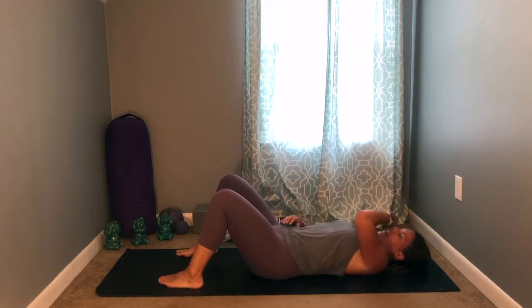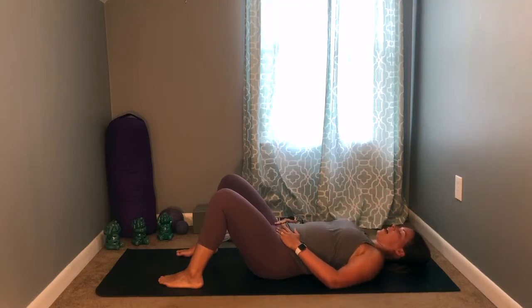Let's take a couple letting go breaths. So big breath in. Long exhale out. Just letting your body settle into the space, into the shape. Another big inhale. And let it go. And last one. Big breath in. And big breath out. As your body melts onto the mat,